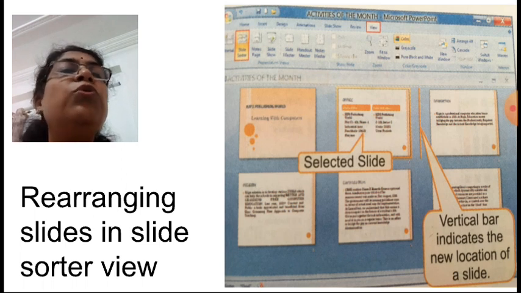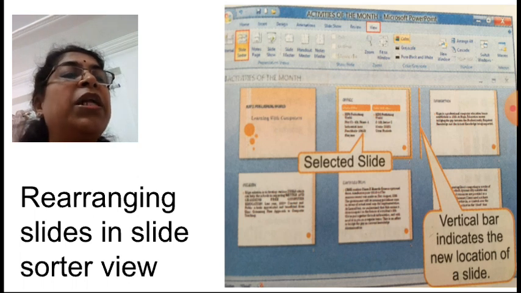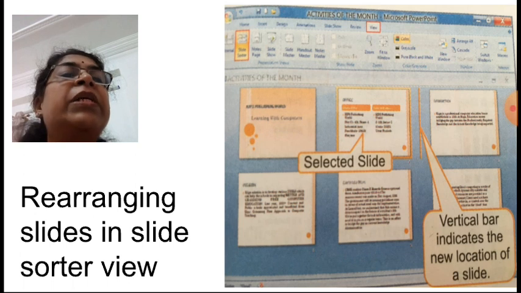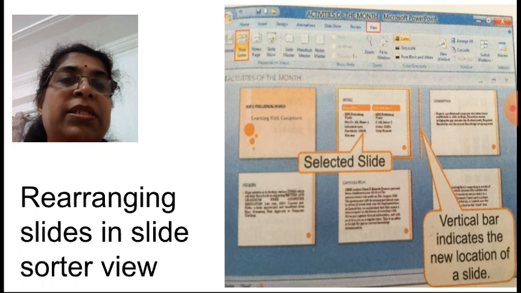Suppose you want to rearrange the slides. Select the slide which you want to move, and a vertical bar indicates the new location of the slide, where you want to put it. Bring the slide there and just click. Suppose you want to move the second slide to the third position: select the second slide, drag it and bring it to the third slide position.